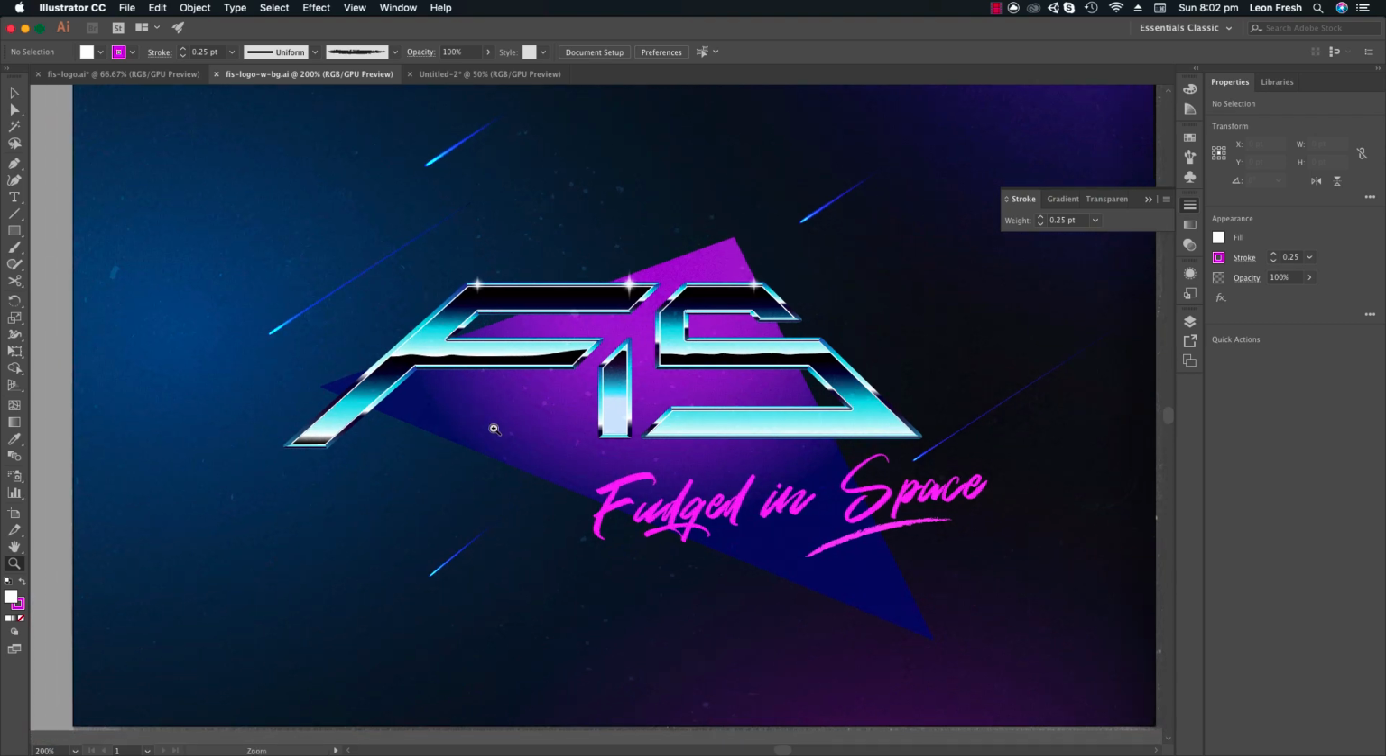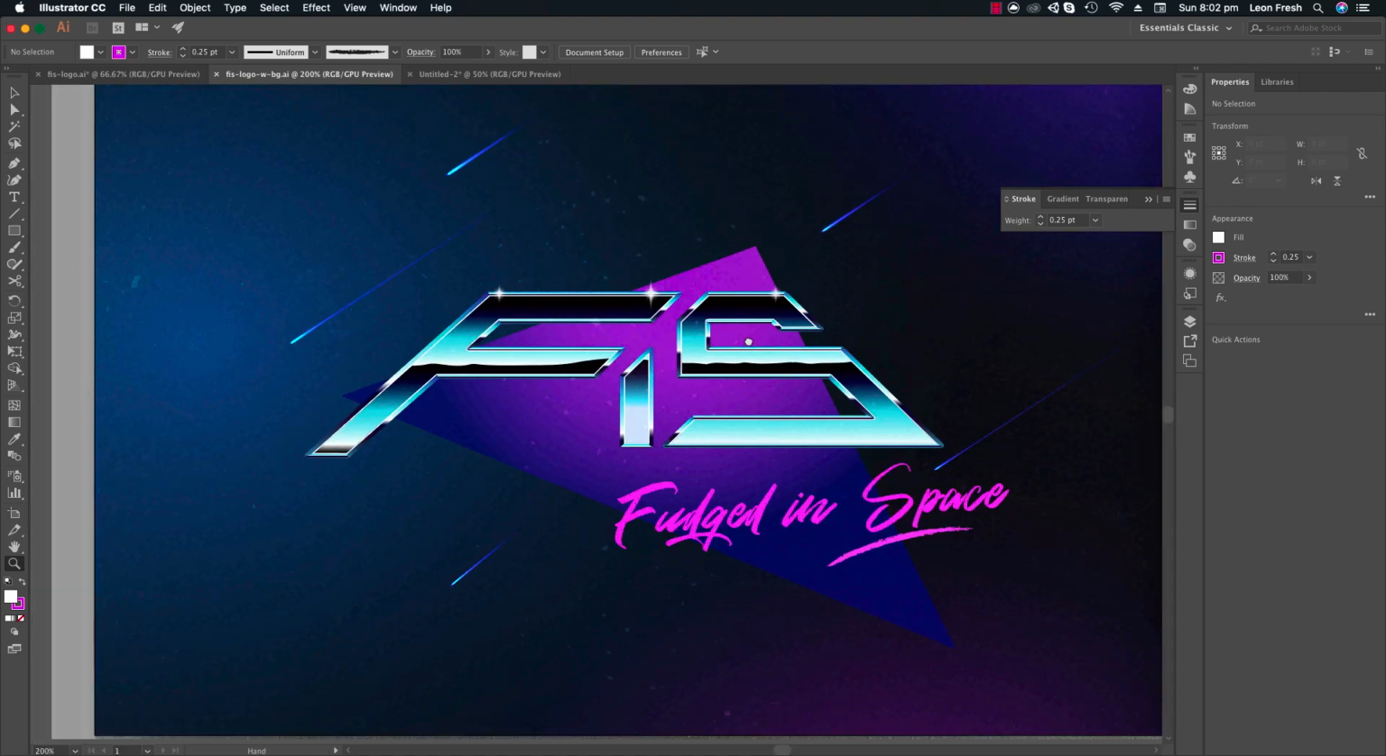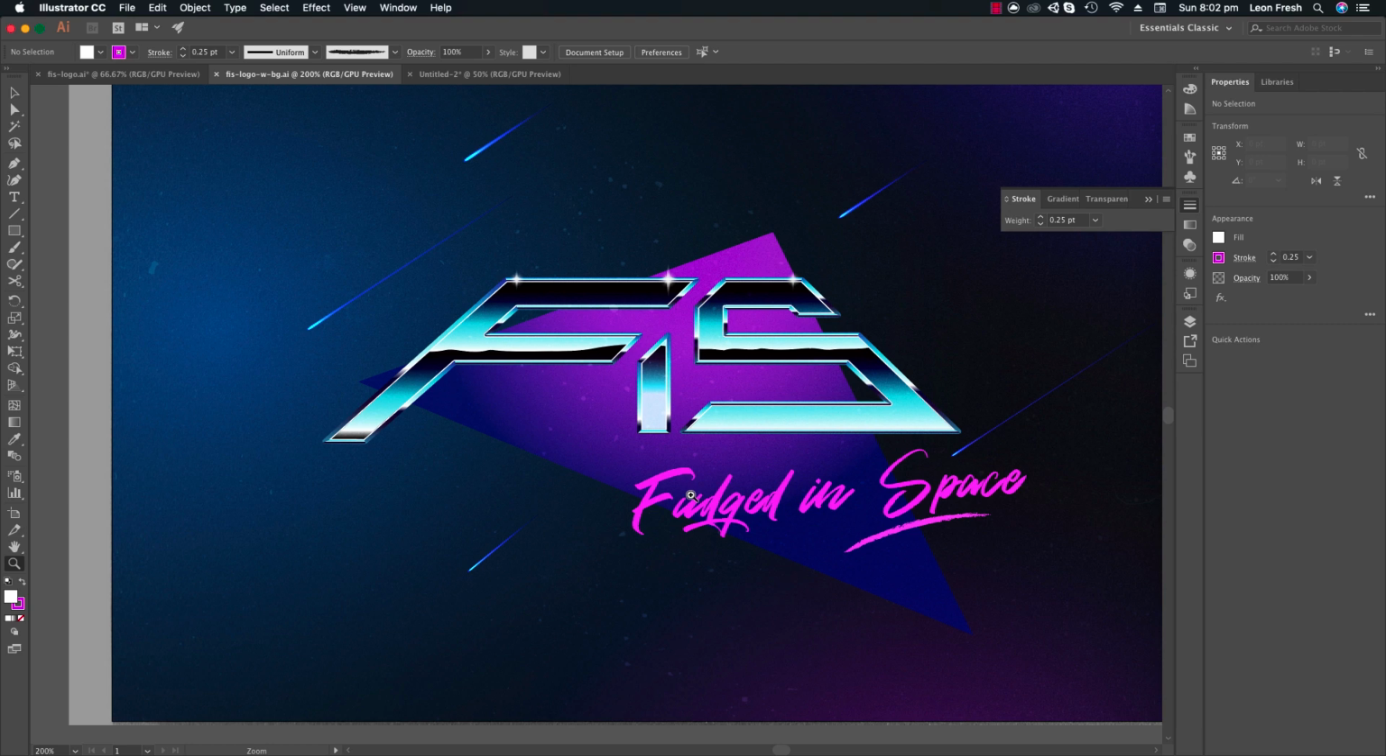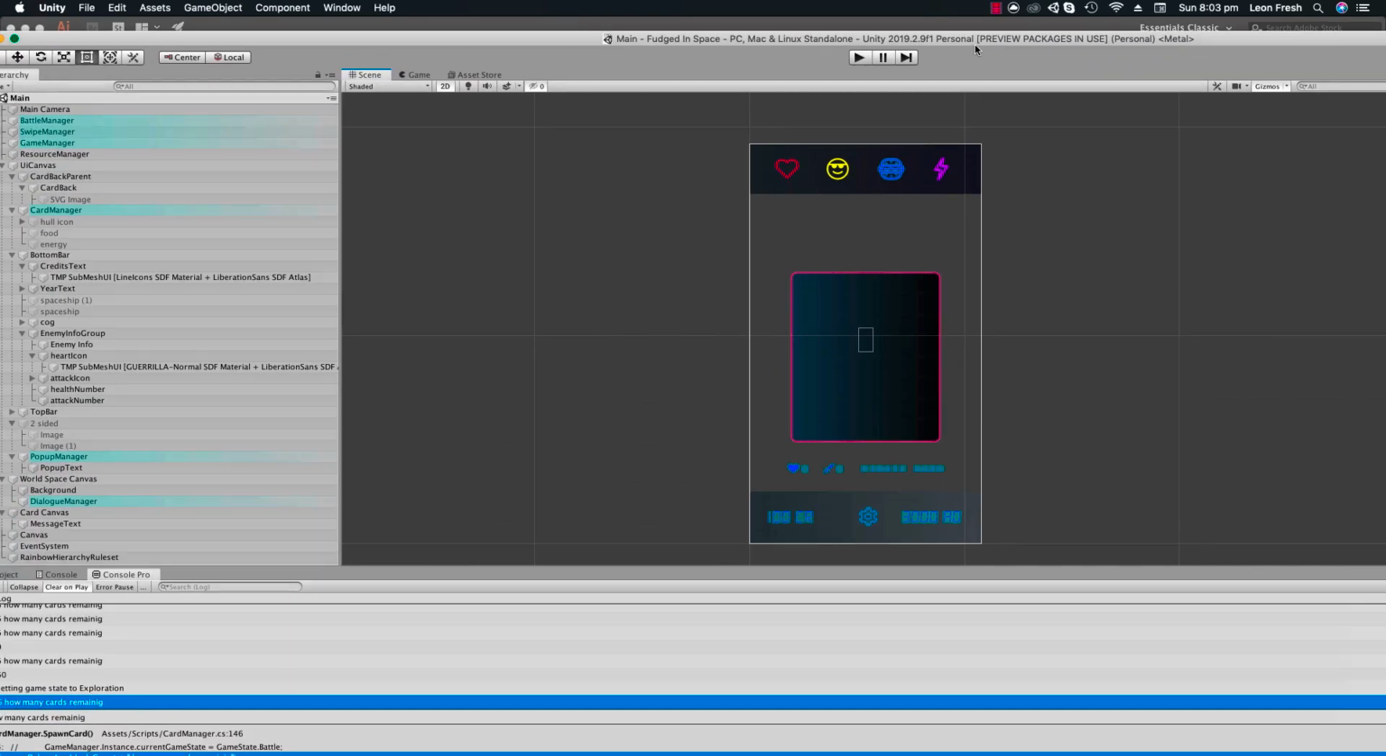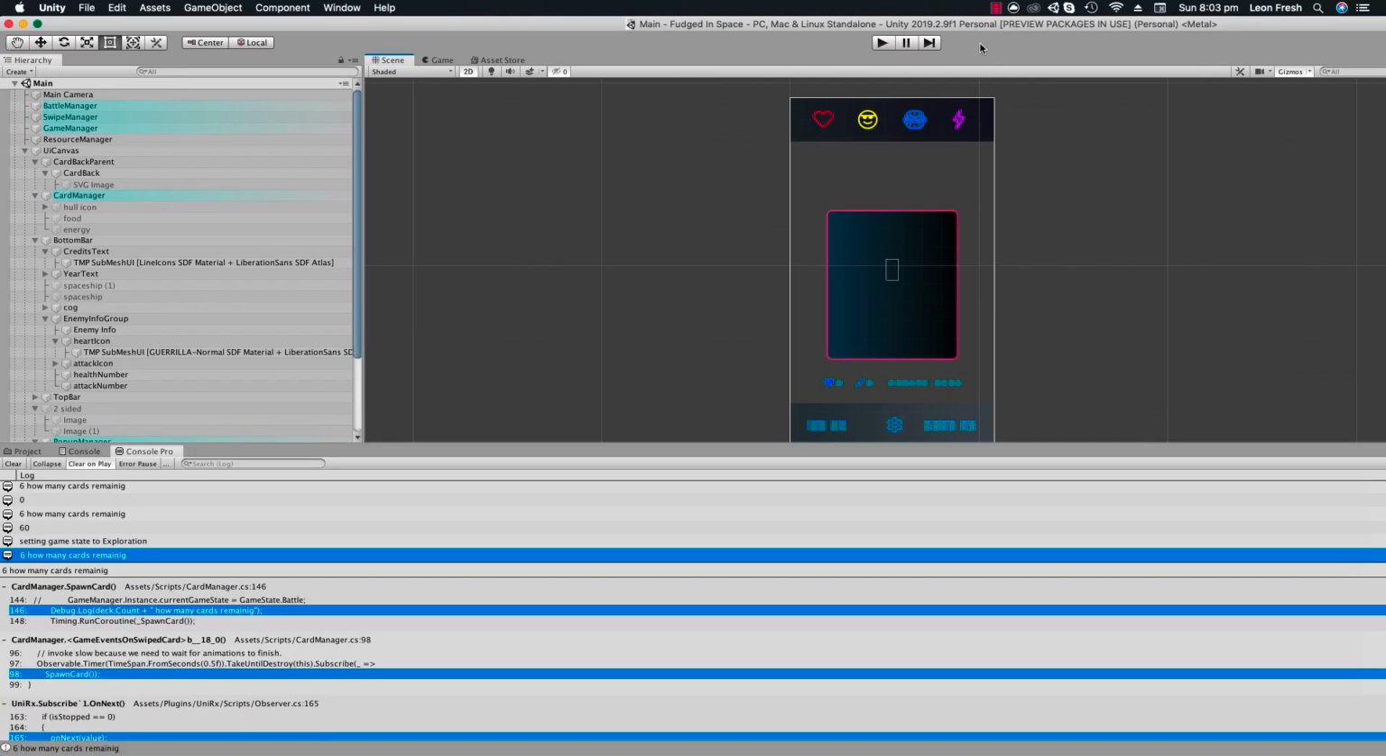Today we're going to be making something like this, a Synthwave logo. Now I had a lot of fun making it, so I figured I might as well do a tutorial on it. This is going to be used for my game that I've been developing with a really cool